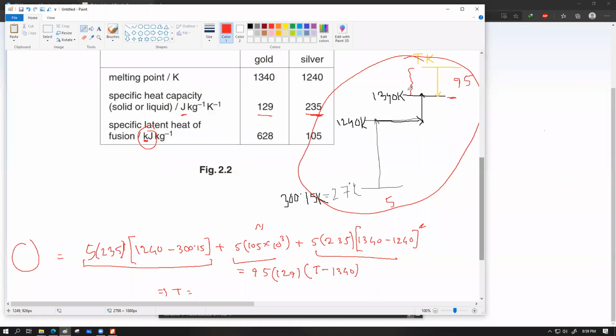So basically, you're gonna make a perfect alloy of both of these metals, because in the liquid state you're gonna have both of them. You can mix them up properly like a solution when they are both liquid. Have a look. For this entire duration, as the temperature of the silver is rising from 1240 to 1340, and the gold is coming down to here, you have both of those things in liquid state, so you can mix them up pretty well to achieve a liquid solution. Silver liquid, gold also liquid, which can give you a good alloy. So the final state is when they both reach 1340 Kelvin, and after that,